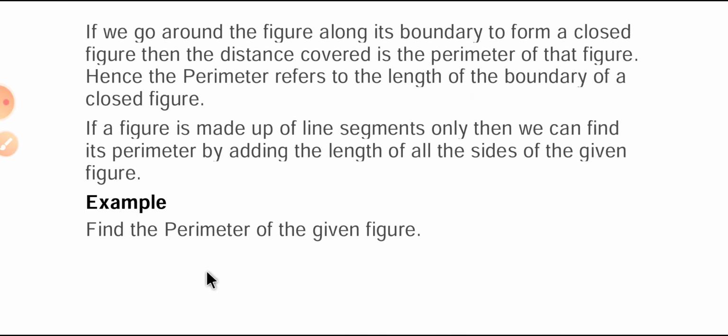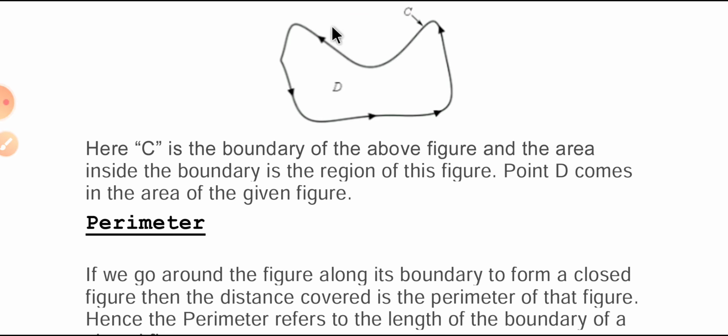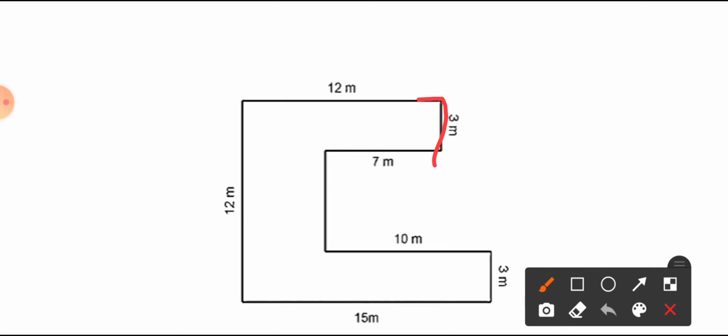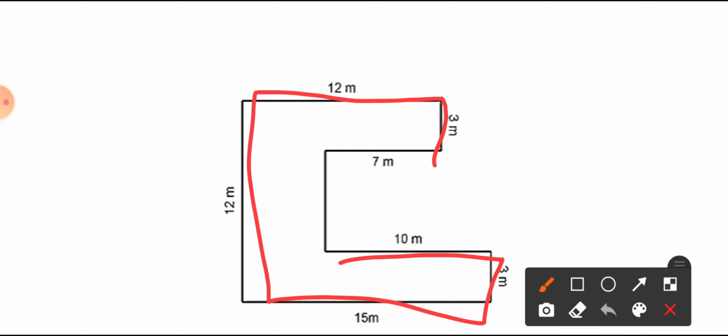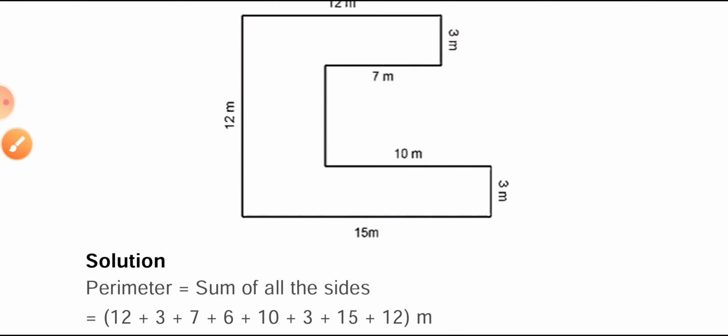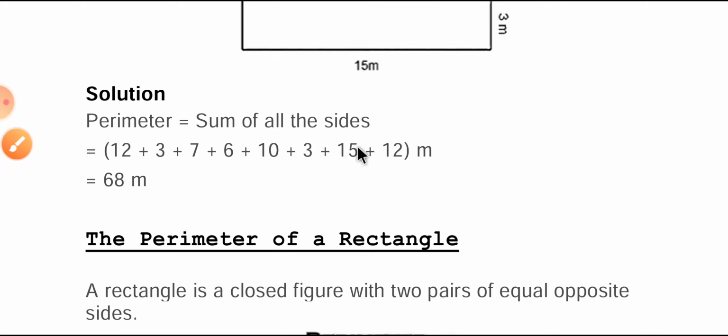So perimeter क्या होता है? Sum of length of all sides, या फिर जो बाहर की जो बाउंड्री होती है, या फिर बोल सकते हैं जो डिस्टेंस ने कवर किया. You can see from this figure which is the distance covered from here. This is the total distance covered by that figure. So this is known as perimeter. So perimeter कुछ नहीं है, सिर्फ sum of length of all sides.